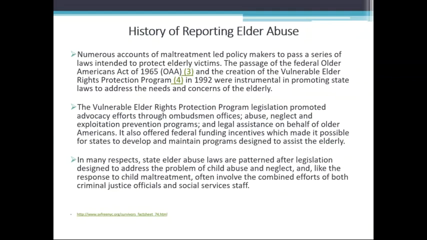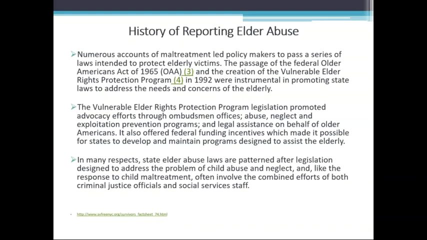So this originated due to numerous accounts of maltreatment. Many years ago, it led policymakers to pass a series of laws intended to protect elderly victims, going back to the Federal Older American Act of 1965, and then the creation of the Vulnerable Elder Rights Protection Program in 1992. So this legislation promoted advocacy efforts through ombudsman offices, prevention programs, and legal assistance on behalf of older Americans, and also offered federal funding incentives, which made it possible for states to develop and maintain programs designed to assist and